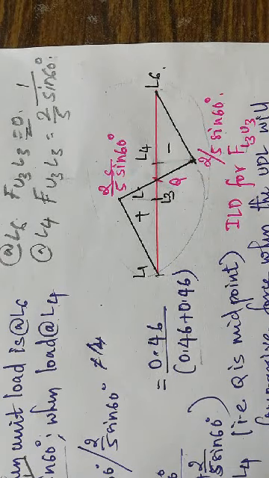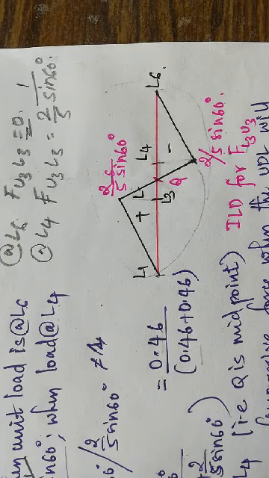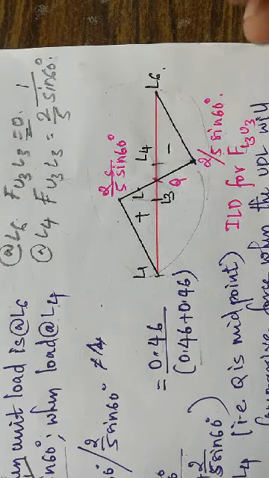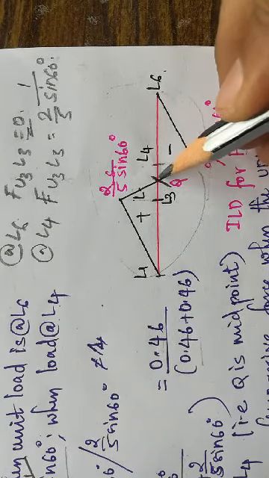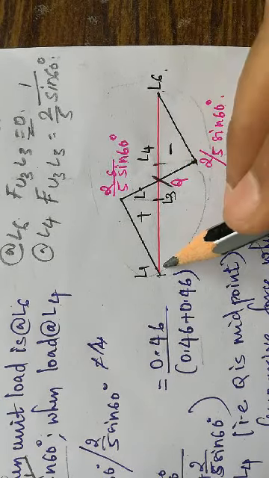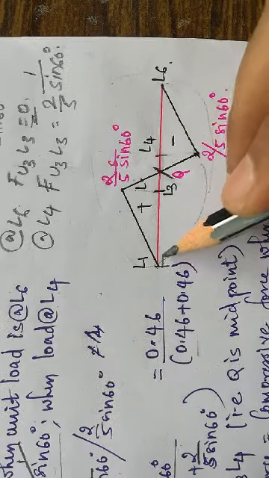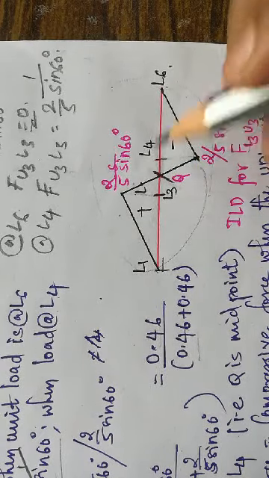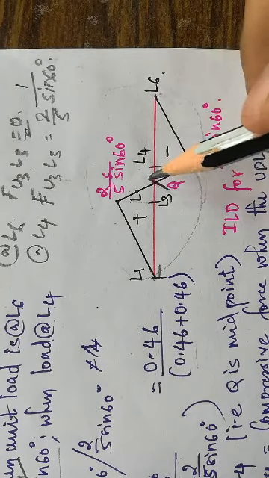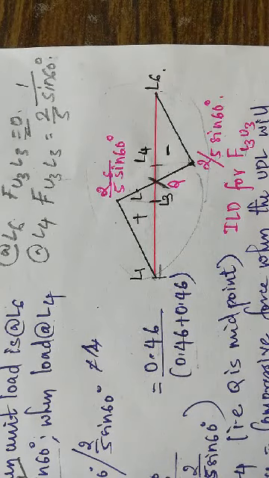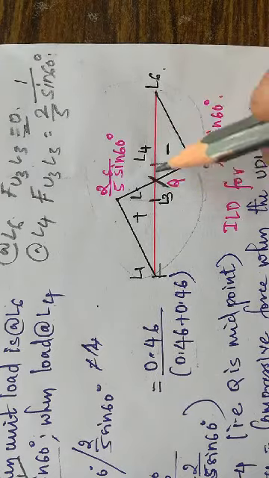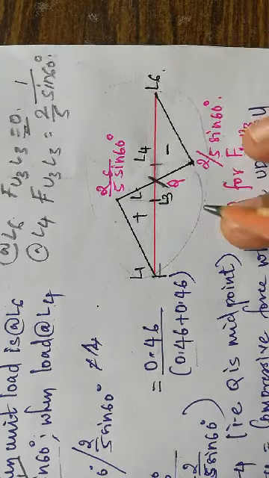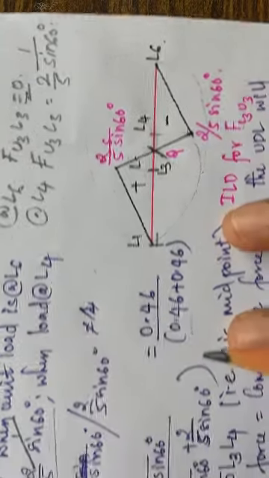One part is over. The other part is what we have been asked, to calculate the maximum force. To calculate the maximum force, I have to find the value of Q. I have to find L1 Q and Q L6, because exactly where this Q cuts L3 L4, we don't know. So let us find the distance of Q from L3.